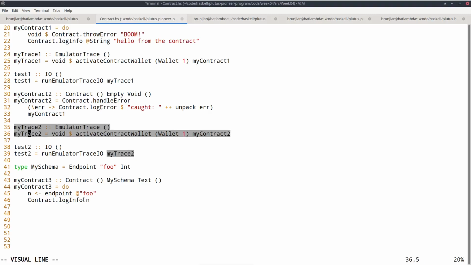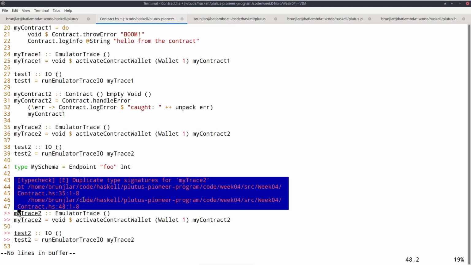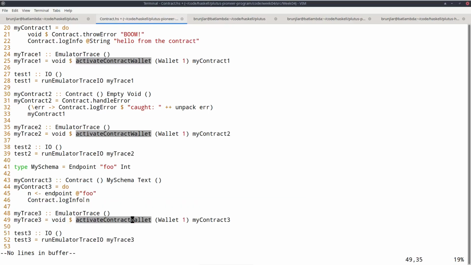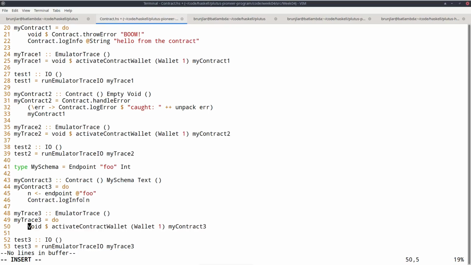So in order to test this, now it's no longer enough to simply start the contract, because as I said, if we just start it, it will block and wait for an endpoint call. So this wouldn't do much. So let's also turn this into a do block. And in order to invoke the endpoint from the trace, we need the handle.